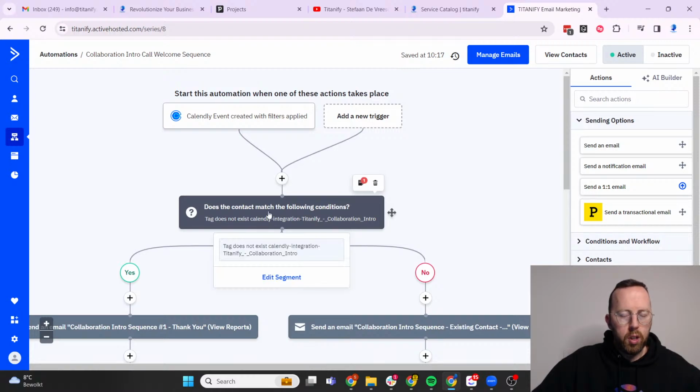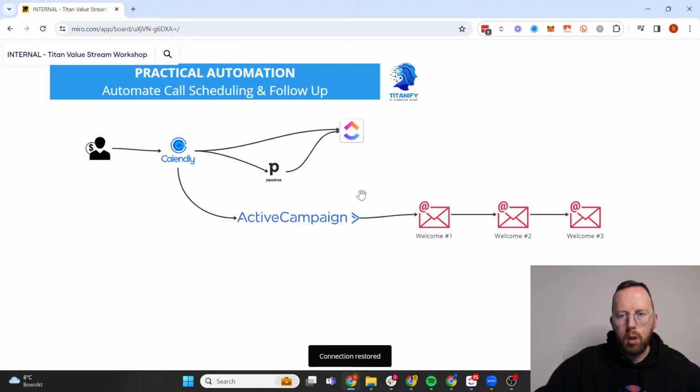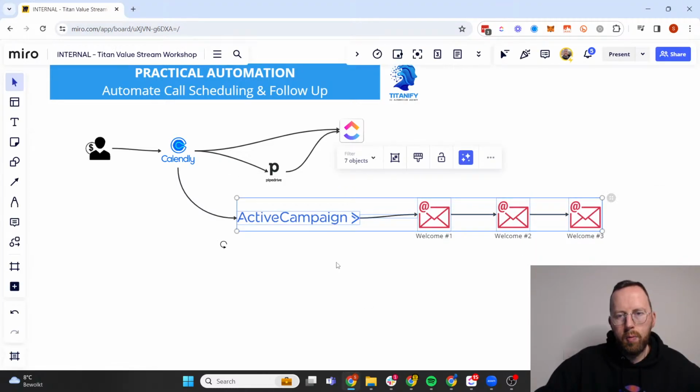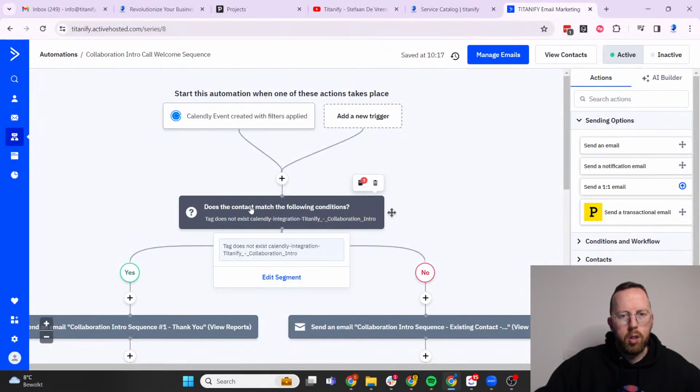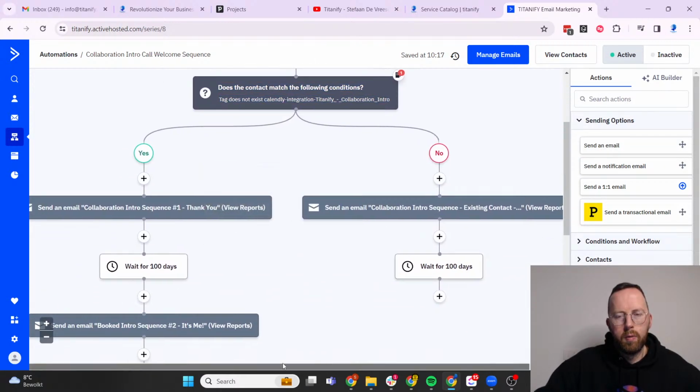What I then do, because I want to send only the new people, only the people that have booked a call with me for the first time, I want to send them 3 welcome emails. Only then. Next time I don't want to do that. So what I do here, if they already have the tag, then don't send them that, right? Just send them something else. Something short, something like this. If it is the first time that they do that,